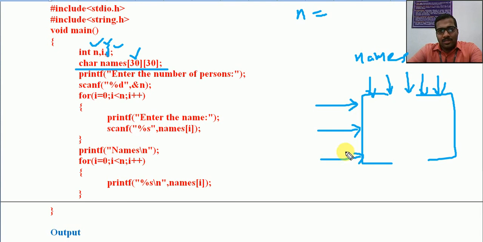If you are having 60 students, we can set the maximum size as some 70, but we don't require 70 characters, right? Normally names will be under 20 or 30 characters. So here you can set it as char names of 70, 30. Up to 70 rows are permitted, and we permit up to a maximum of 30 characters for individual rows. So this is the 0th row, first row, second row. Here you can treat each individual portion as a separate character array.